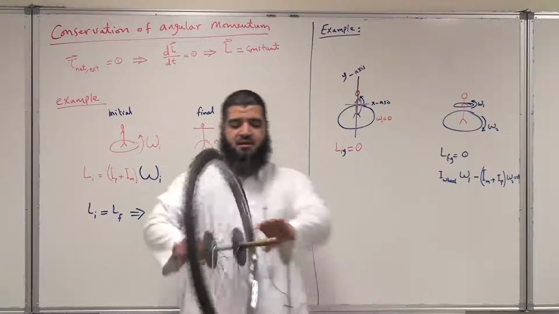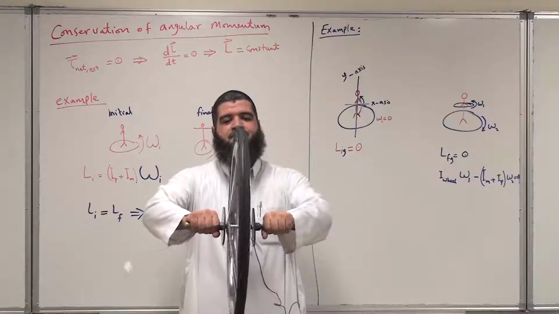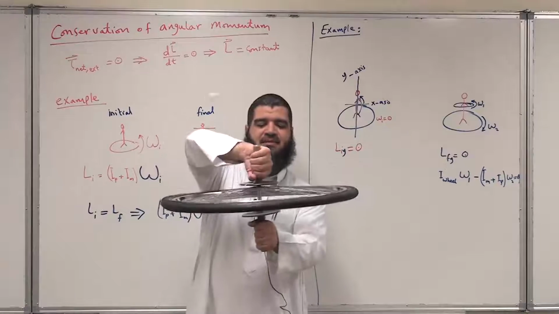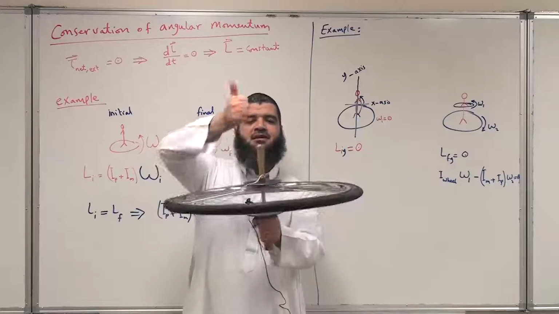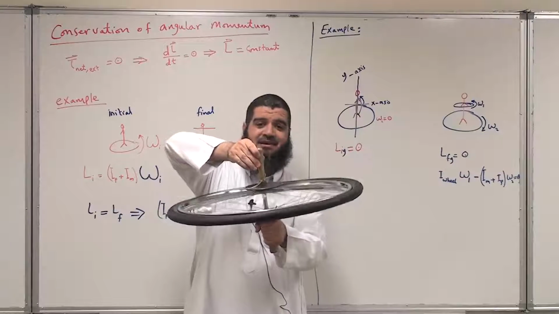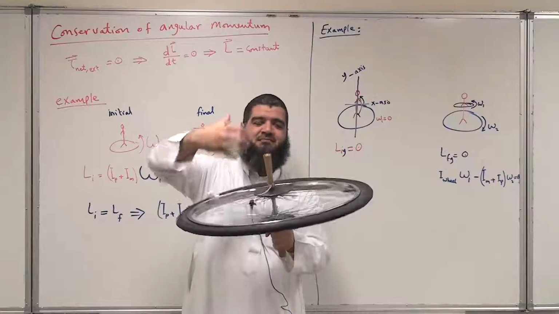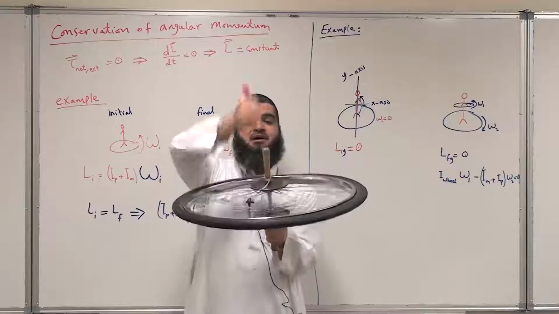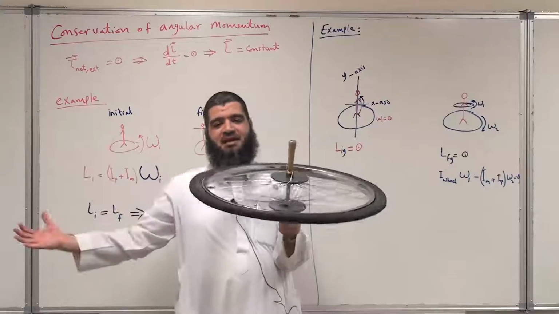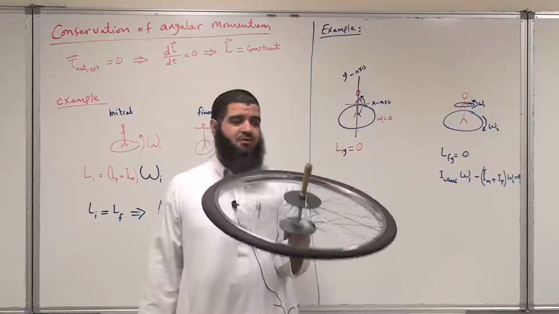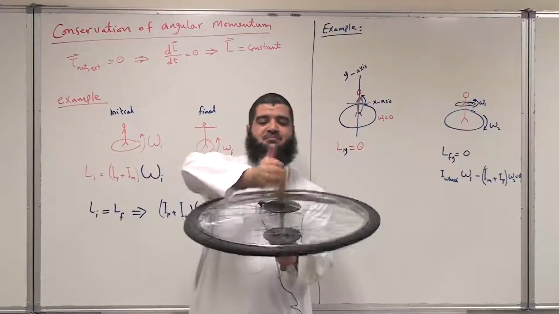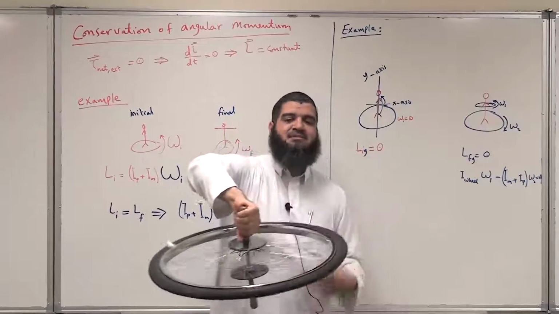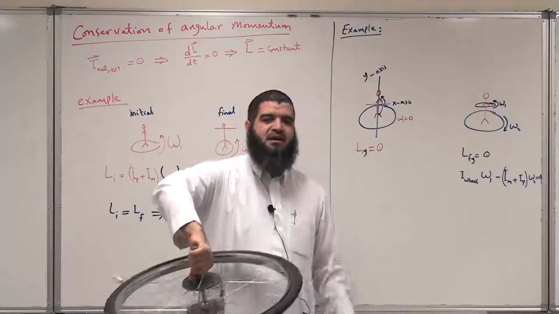Then the man will move the wheel such that its axis of rotation is along the y-axis. So now we have some angular momentum along the y-axis. According to the right-hand rule, it will be at the top. So we started with L initial along the y-axis equal to 0. Now we have some positive angular momentum along the y-axis, and I am standing on the plate, which can smoothly